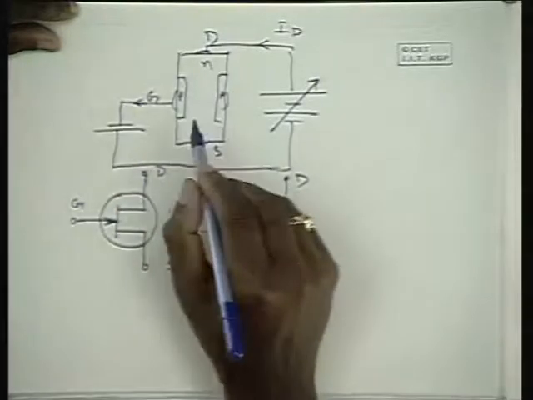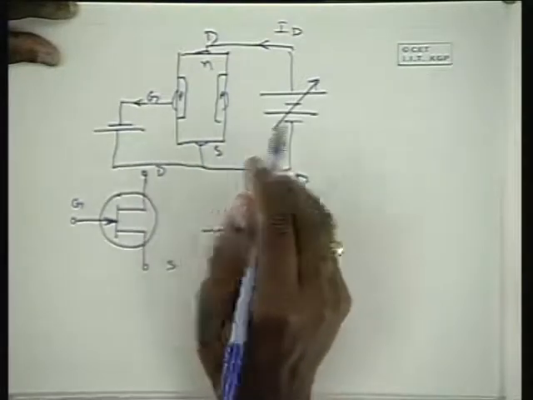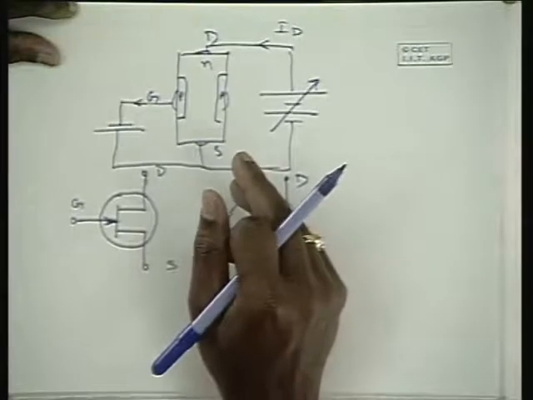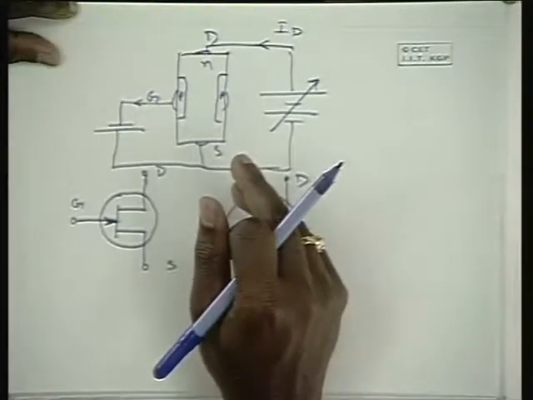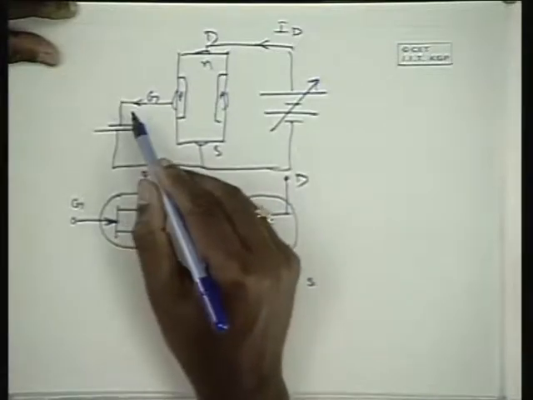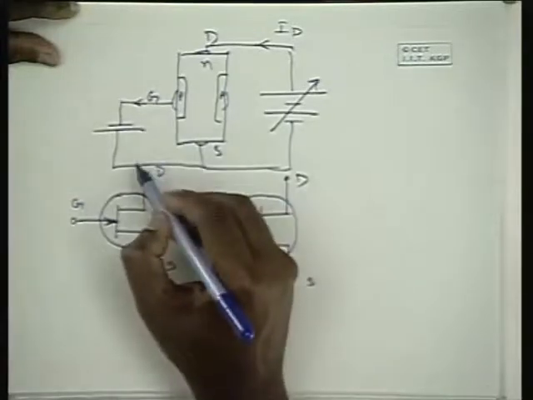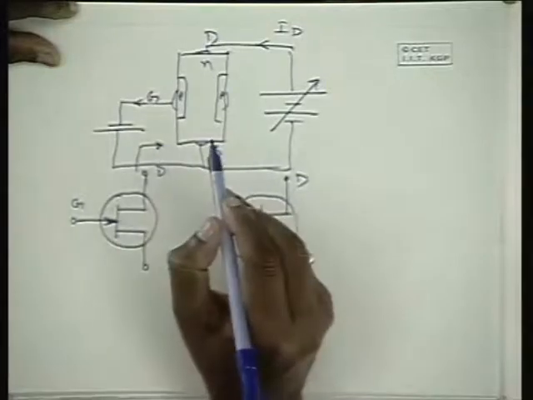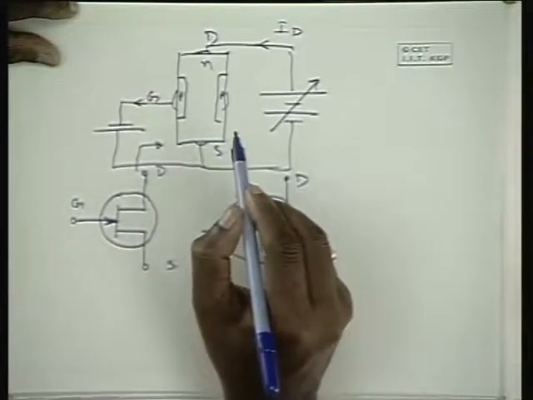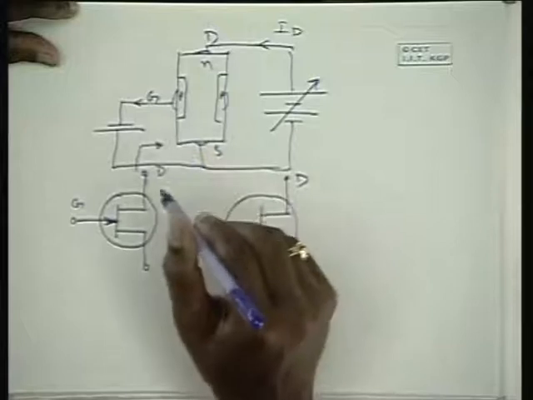the current that flows out of the gate in the case of an N-channel FET is equal to the reverse saturation current of a PN junction, which is of the order of a nanoampere in the case of a silicon JFET. And say if the voltage is 2 volts and the current is 1 nanoampere, what is the equivalent resistance over here? It is 2000 mega ohms or 2 giga ohms. That is the order of the resistance that is offered between the gate and source.